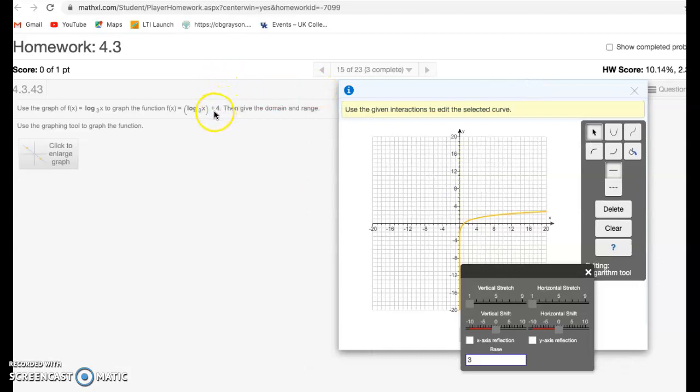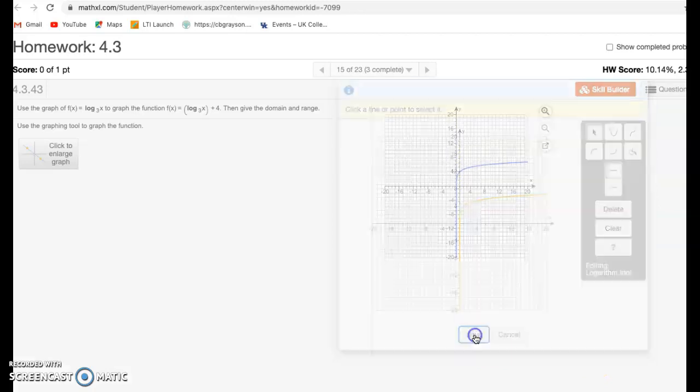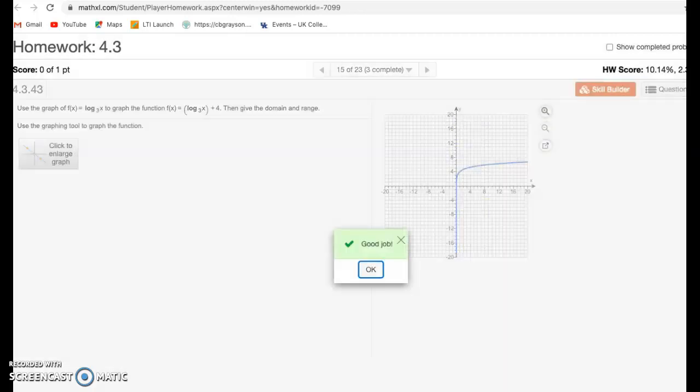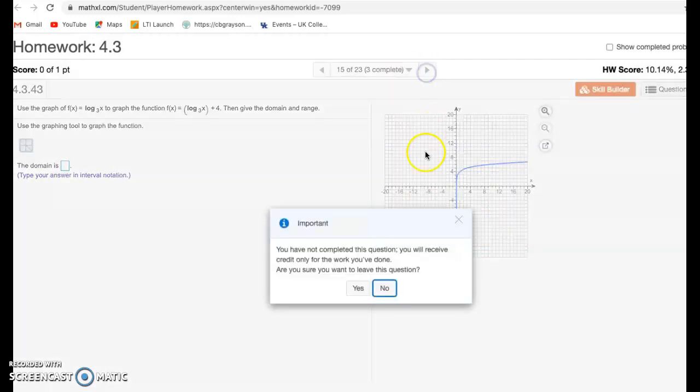This is kind of redundant because here's another vertical shift. It's just like the earlier one we did. That's a vertical shift of positive 4. So we go down here, move that over to 4. It moves the graph up 4 places, still the same shape and all. It already has the base 3 listed, so we're done with that. And we move on. I'm not going to do the domain and range parts right now to